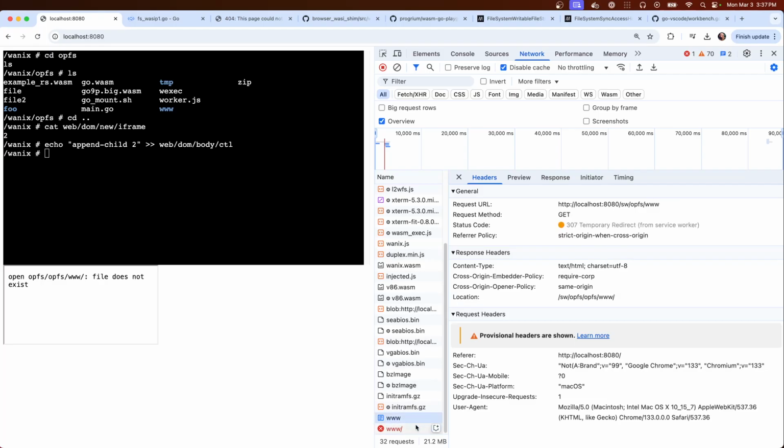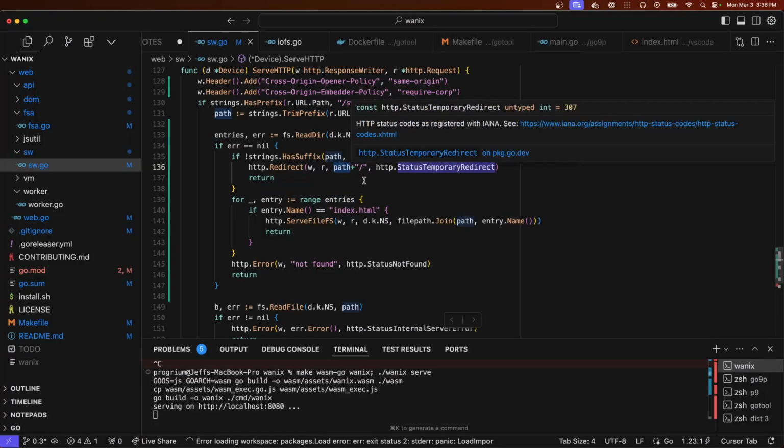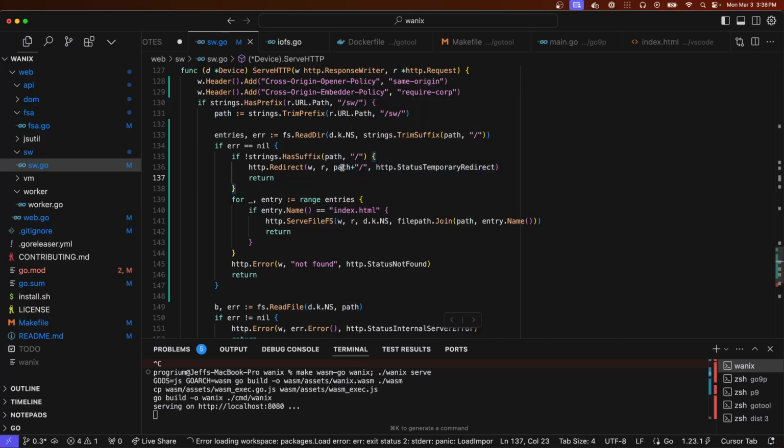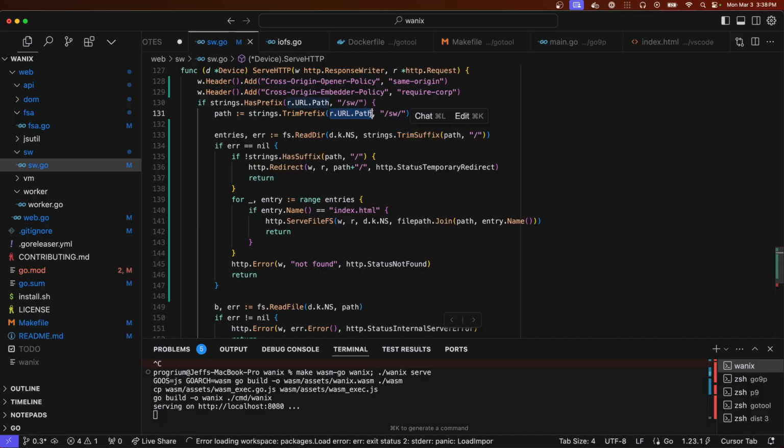So the redirect made it worse. How did the redirect make it worse? Path. Oh, because that is with the trim. Okay, that kind of makes sense.